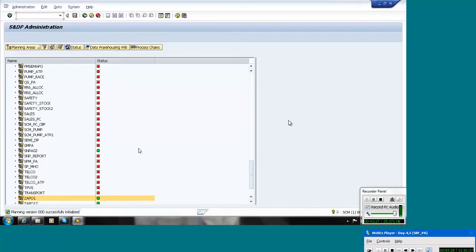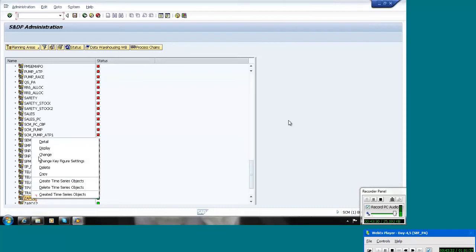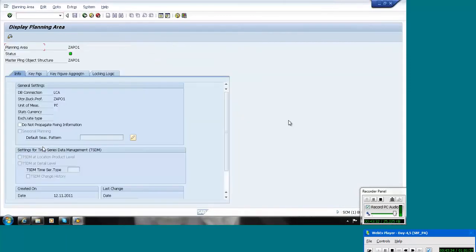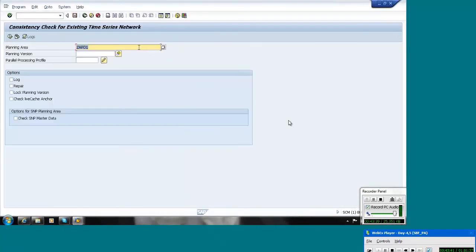So once it is activated, like a live planning area, right click and go to the display and go to the extra and go to the consistency check and select the time series. So here we will give the version, and if you select the log, after completing this one, it will give the detailed log.